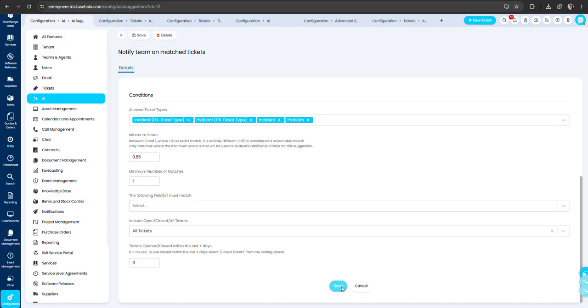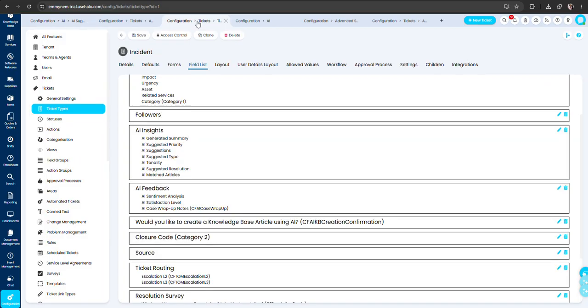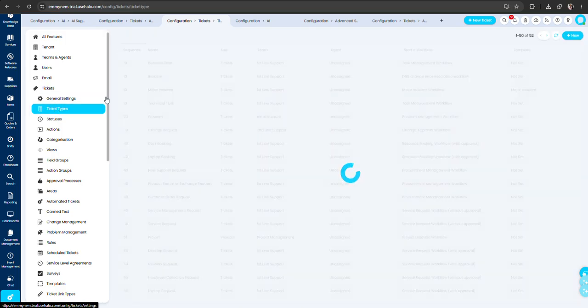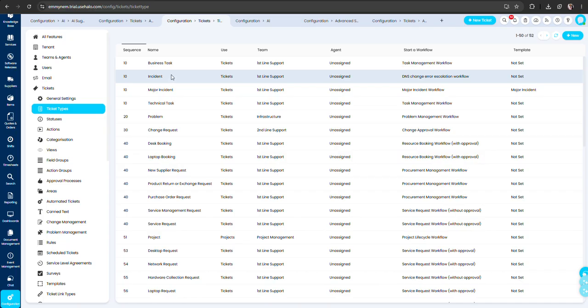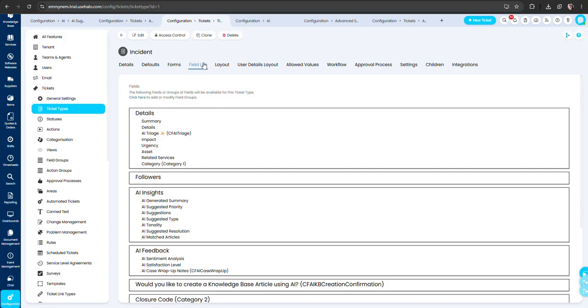We're going to leave it as it is, and we are going to save. Now what we're going to do next, we need to embed this to our ticket types. So if we go to our configuration, under tickets and ticket types, you're going to look for, for example, incident tickets. We're going to go to the field list